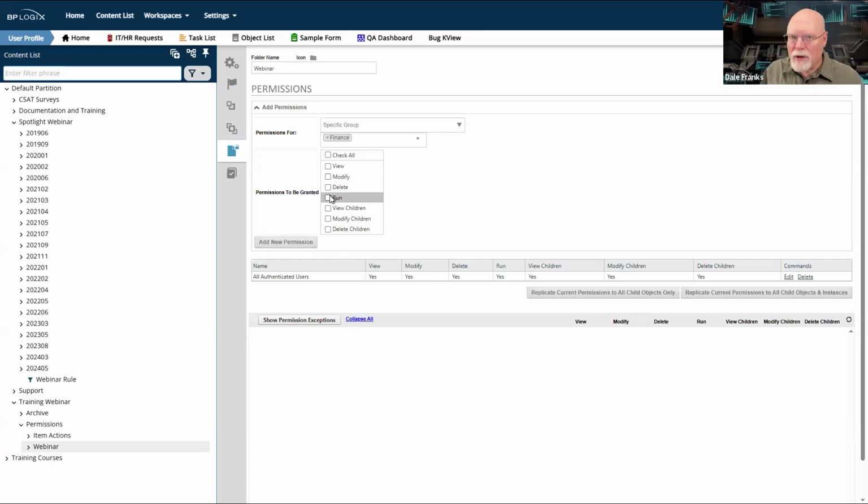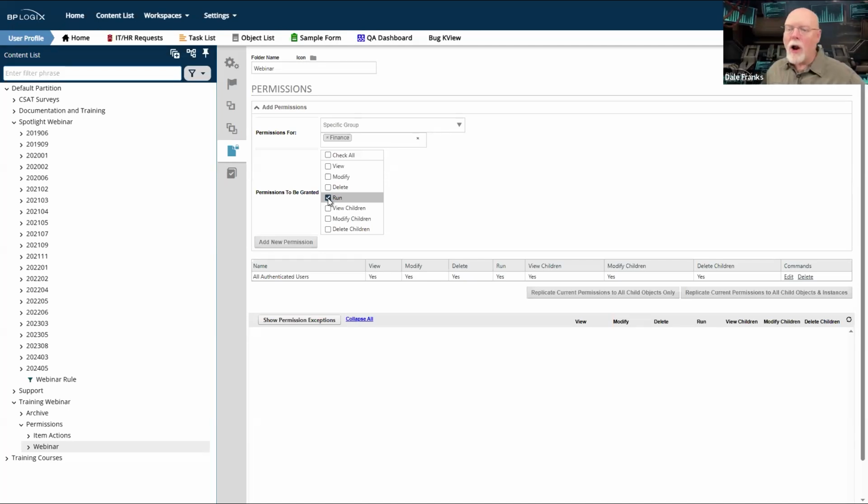It only affects those definition objects. And run is a special permission on that definition object, because that is the permission that allows me to open an instance of the object and submit it. It allows me, in the case of a form, to run the form and submit the form.